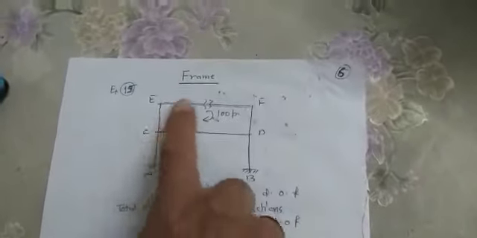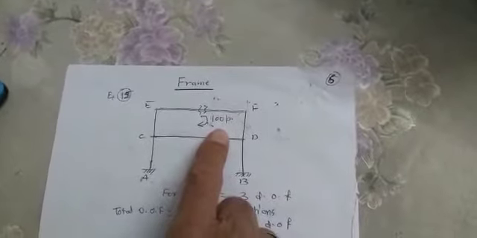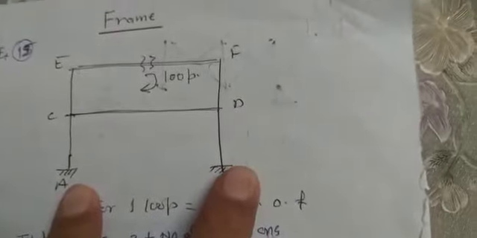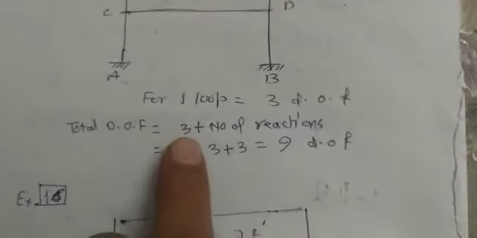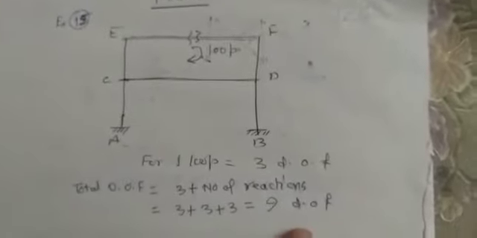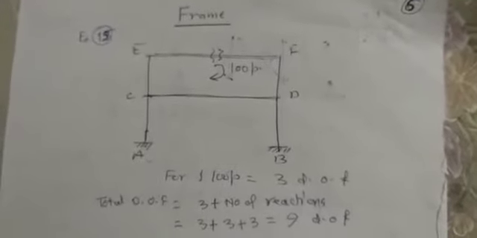Here we find one closed loop having 3 degrees of freedom. And in addition to that, if these two are added together with both ends fixed, so 3 plus 3 is 6, and 1 loop is 3, the total is 9 degrees of freedom. Yes, you can see 3 plus the number of reactions, 3 plus 3 plus 3, the total 9 degrees of freedom. So this is what we can call the redundancy or total degree of freedom for the frame.